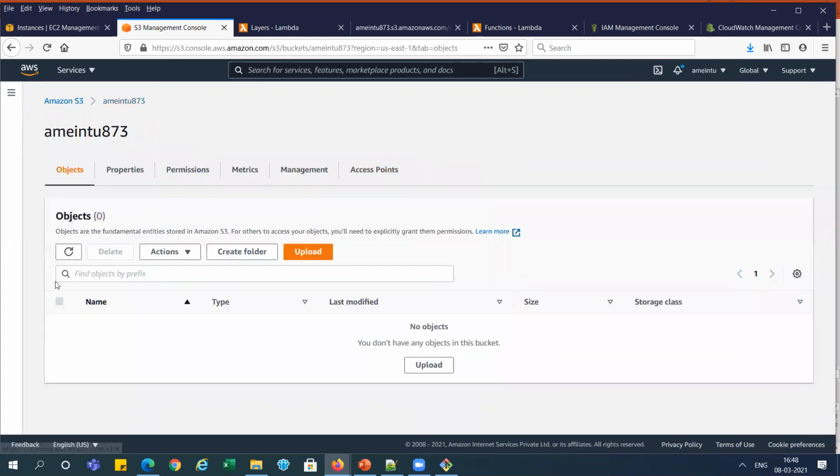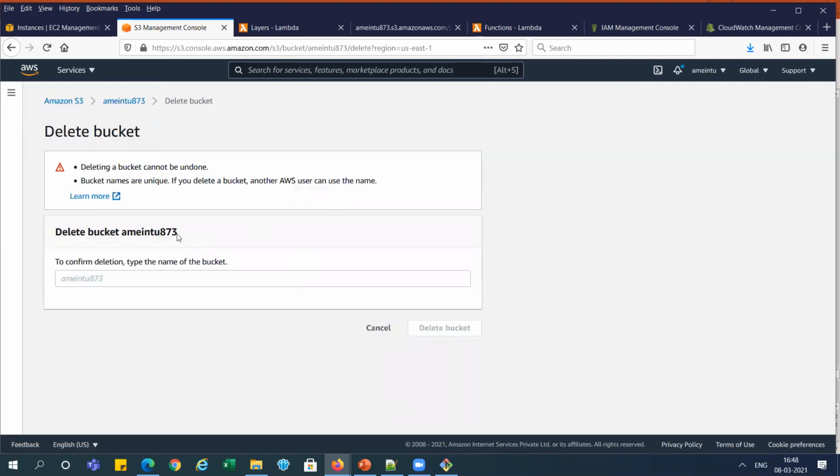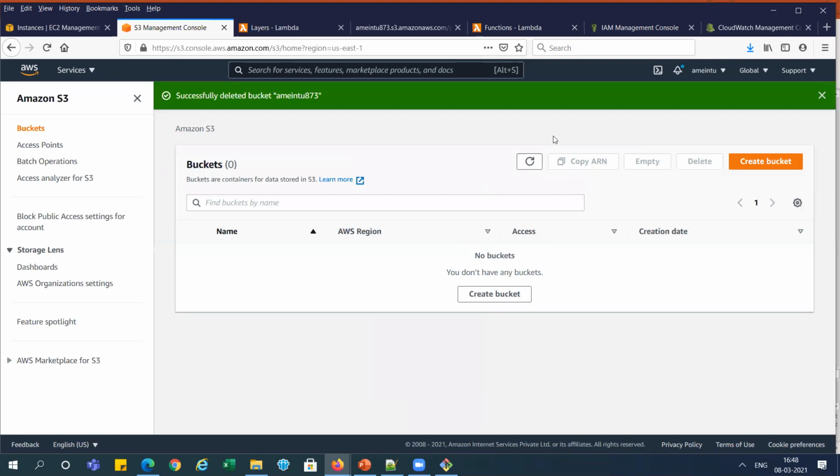It is clean now. We need to delete this bucket also. This bucket is deleted, right?